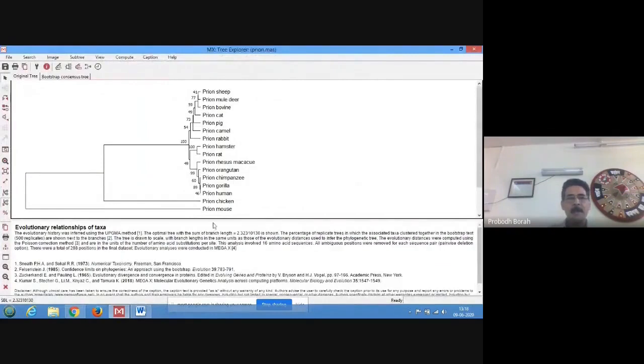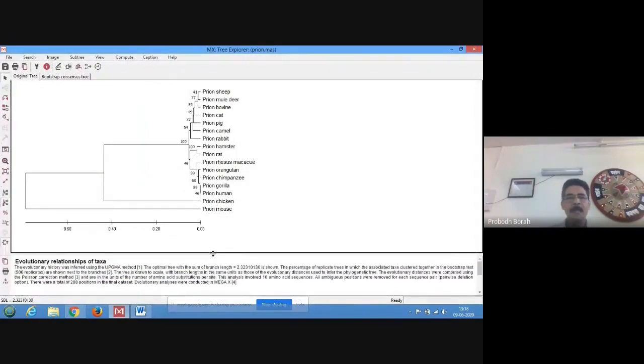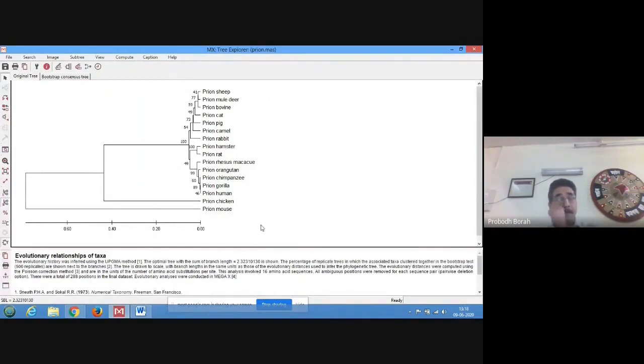So now you see here, this is the phylogenetic analysis based on the Prion sequences data. These are protein sequences, but mind it, these sequences are not conserved sequences of the species. These are some infectious protein sequences of different species. So from a comparison of Prion sequences of different species, you are not really establishing a relationship between the species.